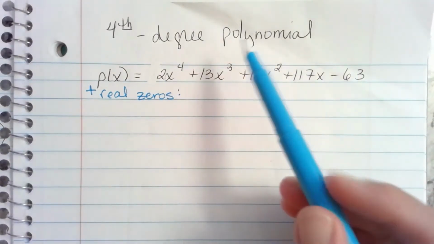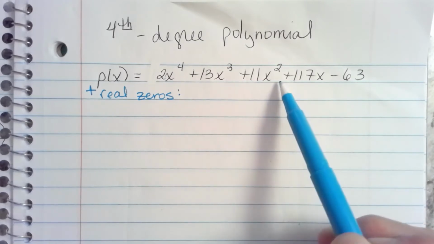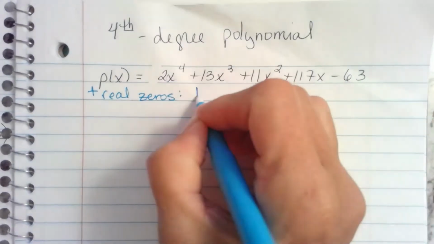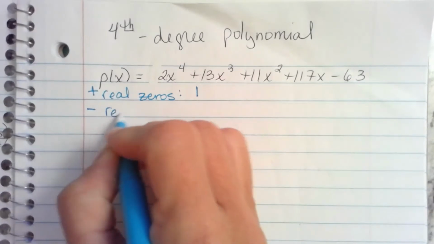we look at the sign changes. That's positive, positive, positive, positive, and then it changes one time to negative, right? So there's only one positive real zero in this polynomial. The negative real zeros,